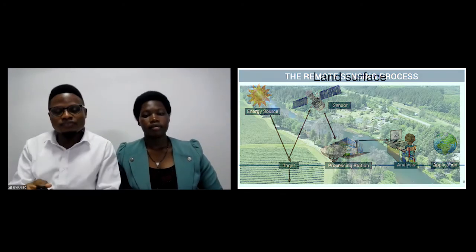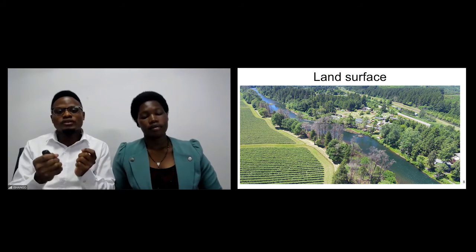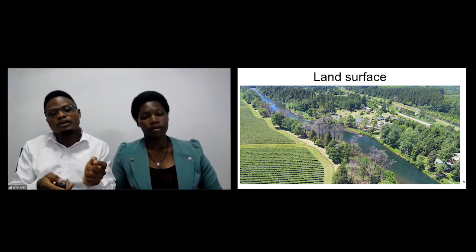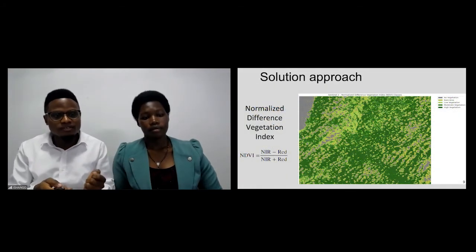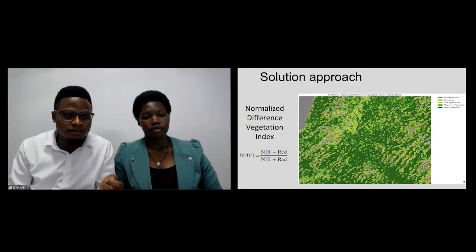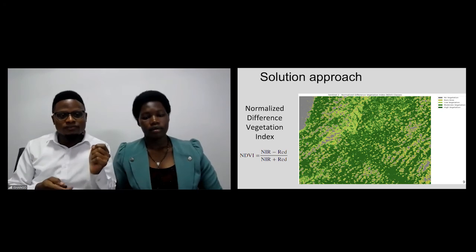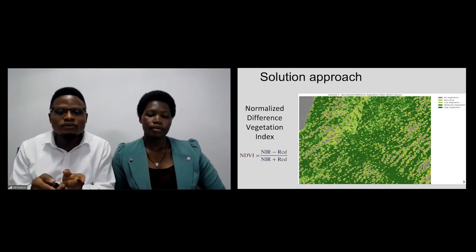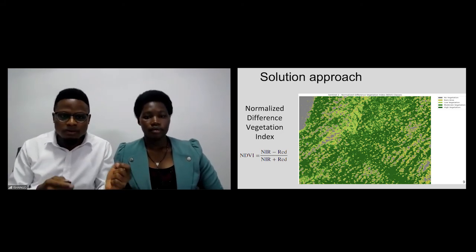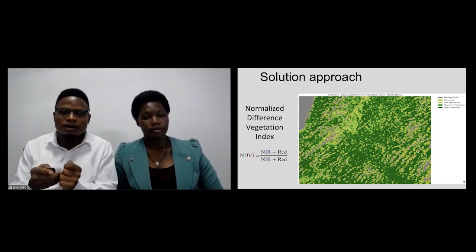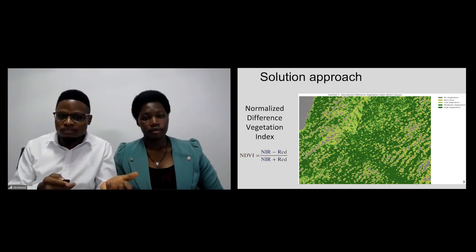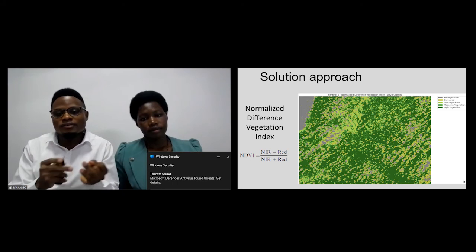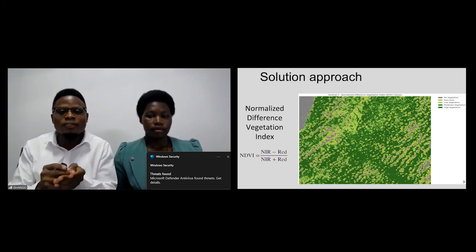We are using land surface, and here we need to know some vegetation index. To do that, we need to calculate the NDVI, the normalized difference vegetation index. That is the formula. It varies between -1 and 1. A negative NDVI value means no vegetation. A zero value is a bare area, and low vegetation, moderate vegetation, and higher vegetation are 0.1, 0.4, and more